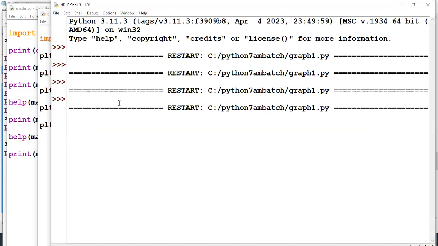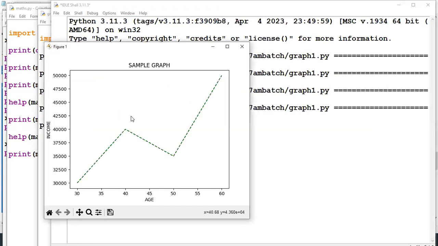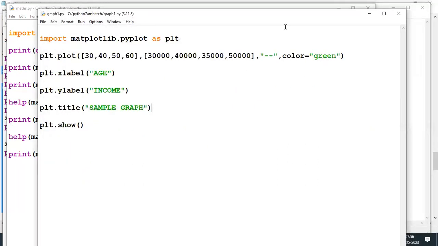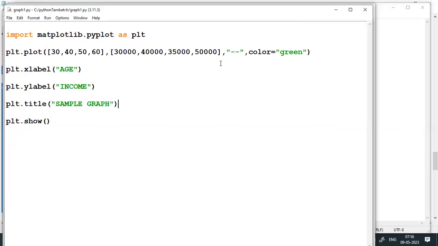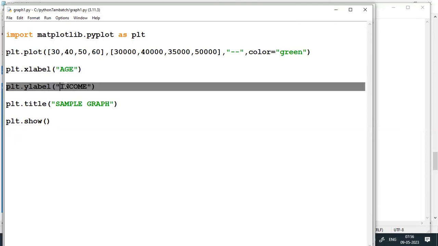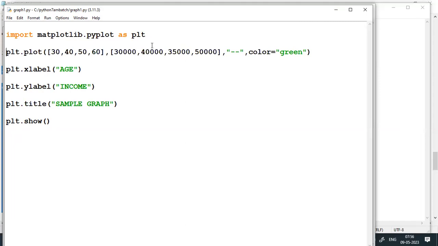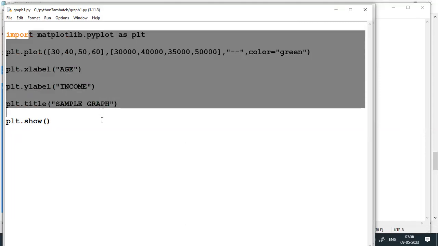Age value, income value, and sample graph, right? Okay. So x-axis label is a built-in property. Y-axis label, title, and plotting this graph, right? Simple syntax; you won't see any complex words or complex statements in this.